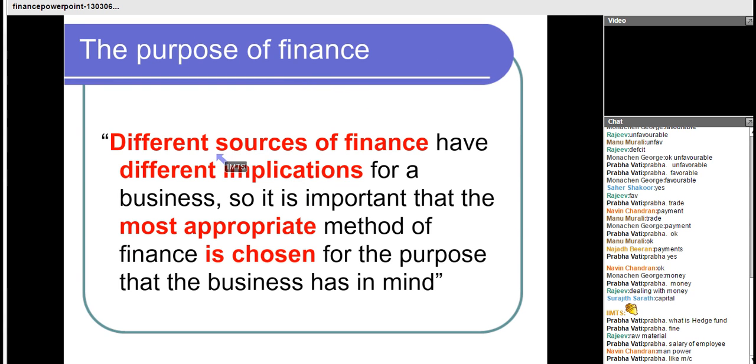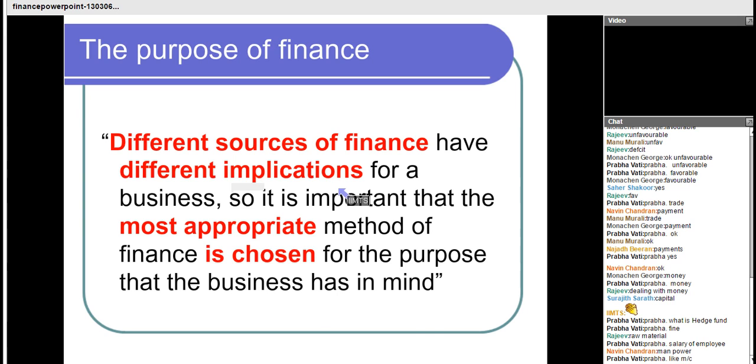Now, what is the purpose of finance? The purpose of finance is manifold. It helps in the smooth running of the business. It helps in the day-to-day operations. It helps in the maintenance of manpower in the firm. And all this ultimately leads to the building up of goodwill of the firm. So the basic purpose of finance is to help in the smooth running of the business, like the role which blood has in the human body.